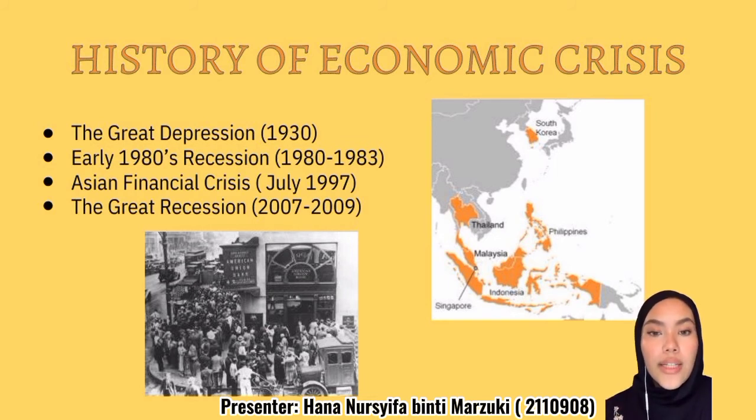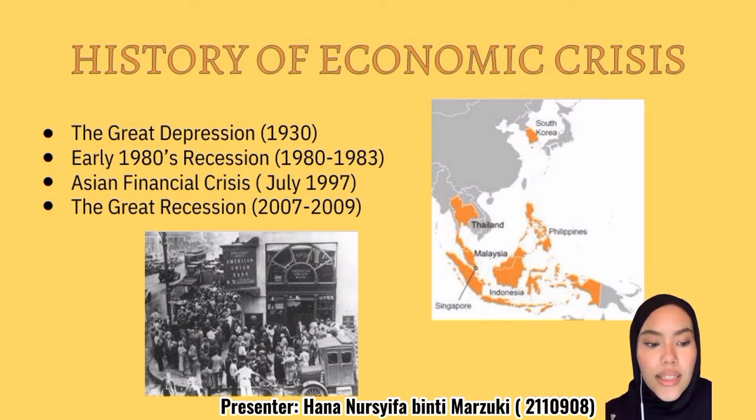The Great Depression of the 1930s started in the USA when there was a fall in stock prices on the 29th of October 1929. That day is also known as Black Tuesday, when the GDP of the USA fell by 15%. The Great Depression lasted until the beginning of World War II.